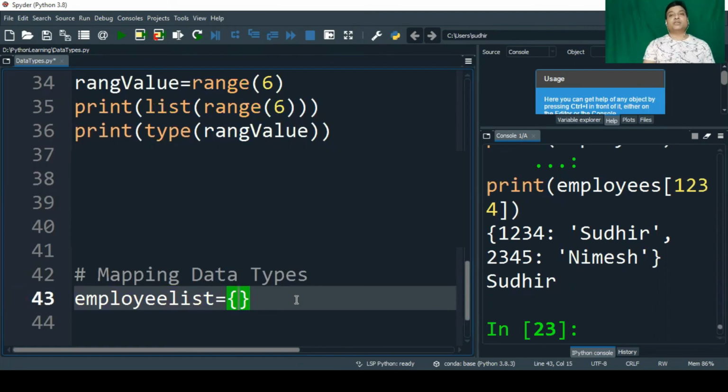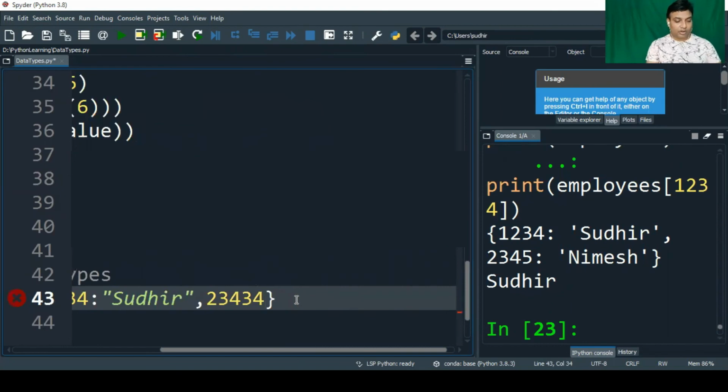What kind of values can we give? Let's say my employee ID is 1234 and my name is Sudhir. The same way you can have multiple employees where the employee ID is something else and the name is, let's say, Namish, and many more employees could be there.